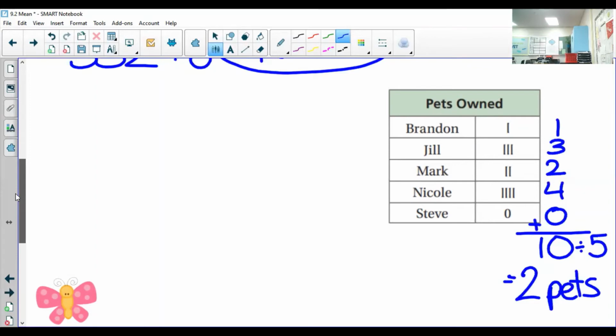Okay, so we're just going to stop there at 3 examples. You add up all the data and then divide by how many numbers there are. It's pretty straightforward. Okay, so that's how you find the mean. Now, the next thing we're going to look at is,